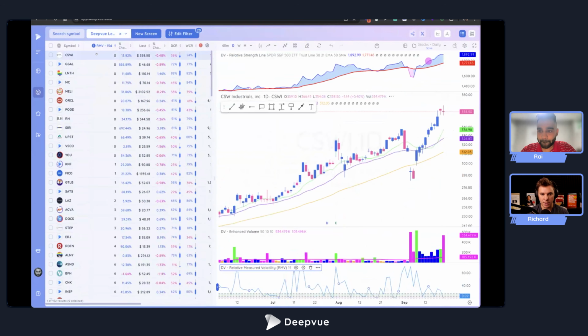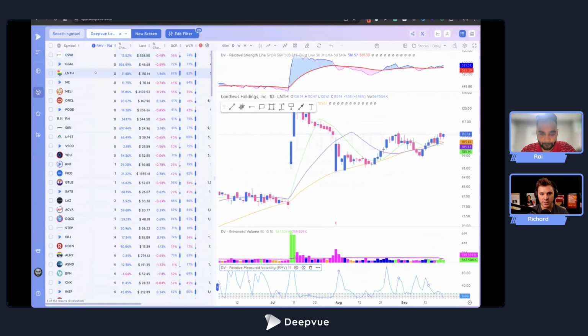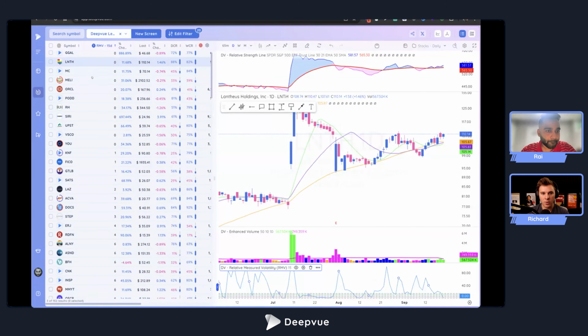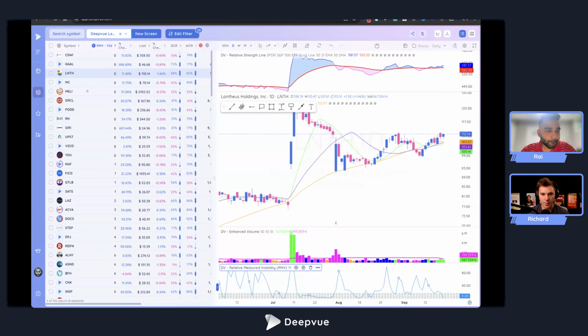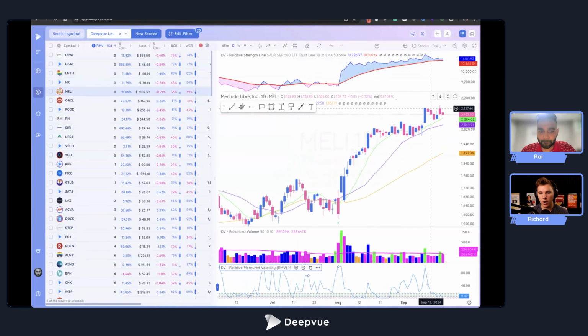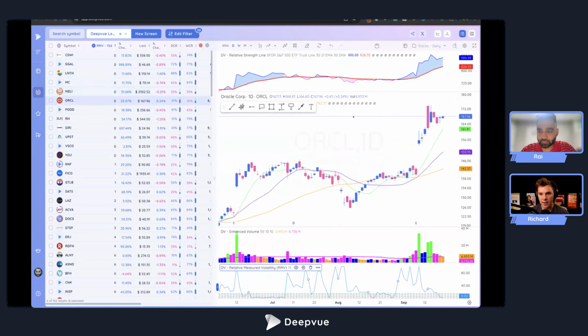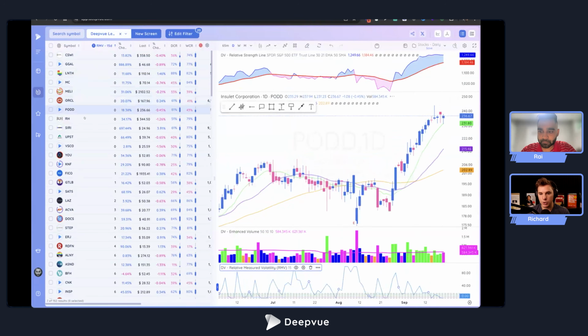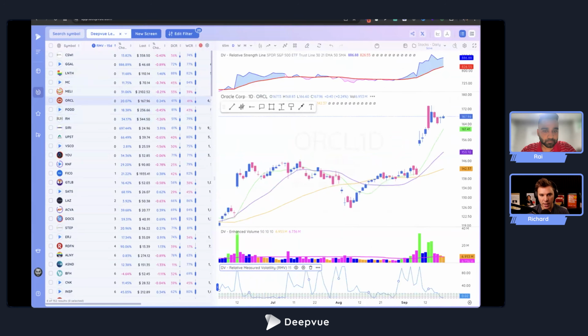CEG obviously was one last week that had super strong action, but I like to double click RMV. Like Ryan has it set up right now, all the zeros and low numbers are at the top. And then I tab through and see where are the tight areas that also have a strong larger pattern. So Oracle, for example, if you go back up to that one, this is a recent gap. That's another reason to be watching the stock. Enhanced volume highlights the huge volume that's coming in. Volume's declining now as RMV is tightening. So this is definitely a prime swing trade setup for next week, either to expand to the upside or to